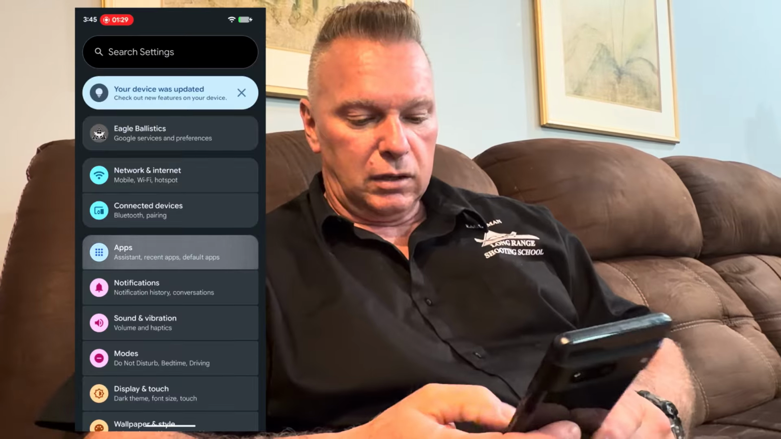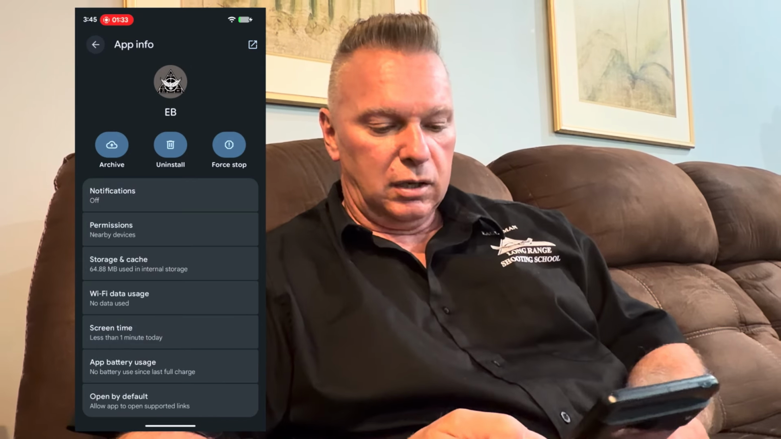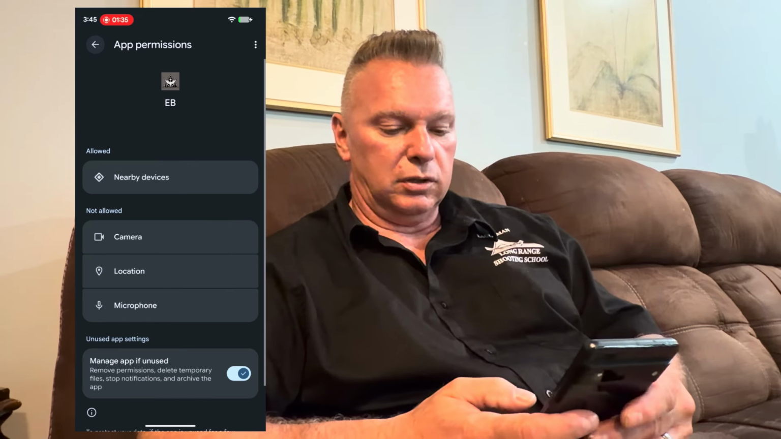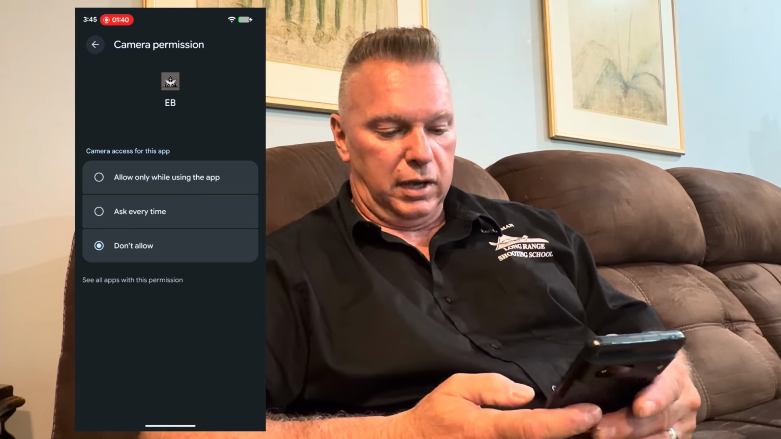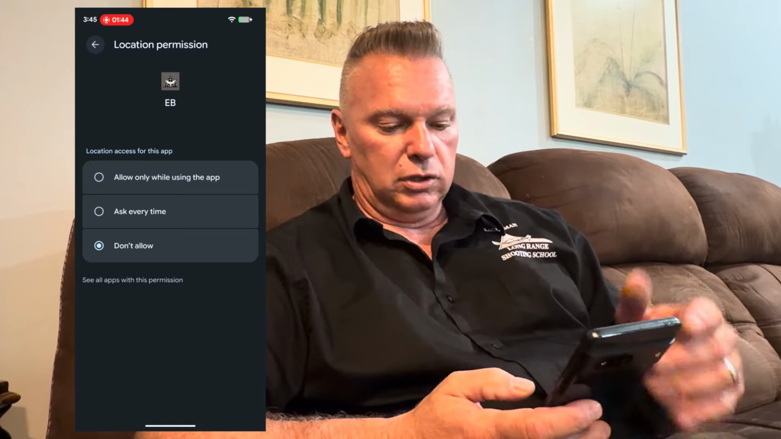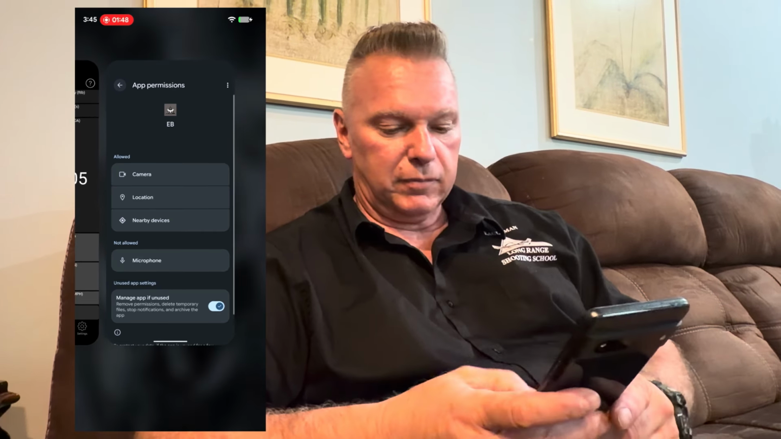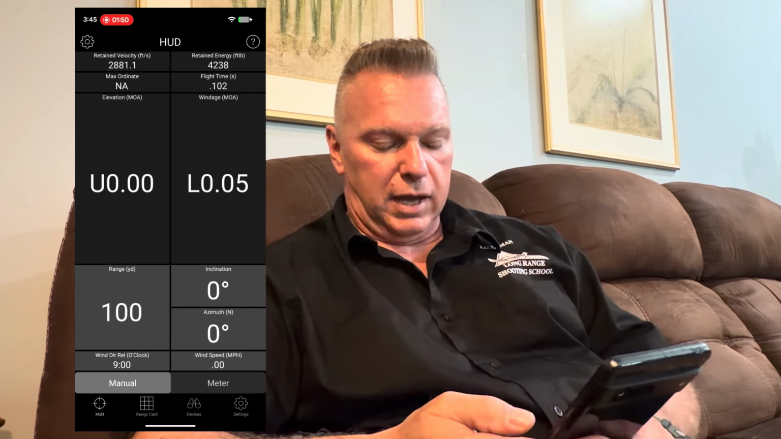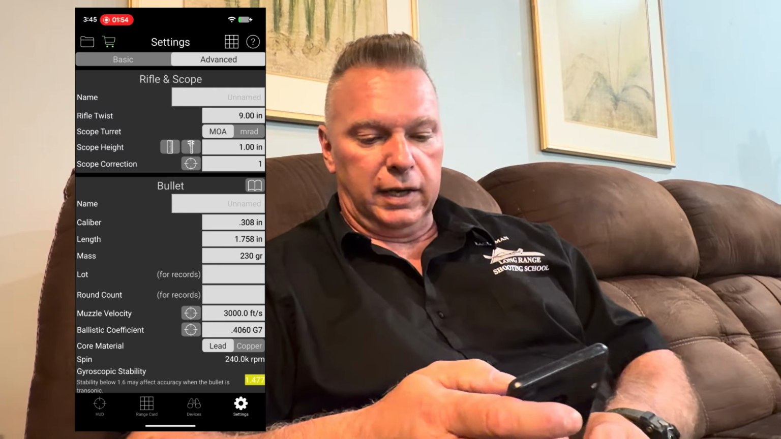All right, then I'm going to go to apps. We're going to go to Eagle Ballistics, and where it says permissions, you're going to go ahead and allow nearby devices. You're going to go to camera, allow it to use camera when using app. Location, you want to use the actual GPS, so allow when using app. At this point, go back to the app, go to the settings in the bottom right, click on advanced mode,